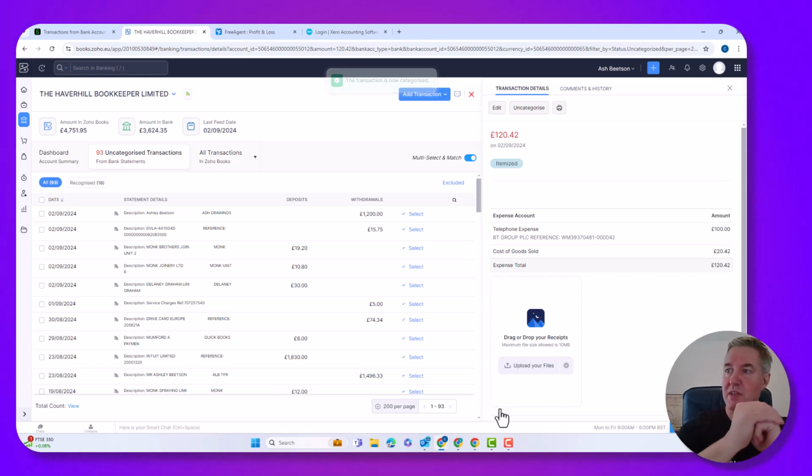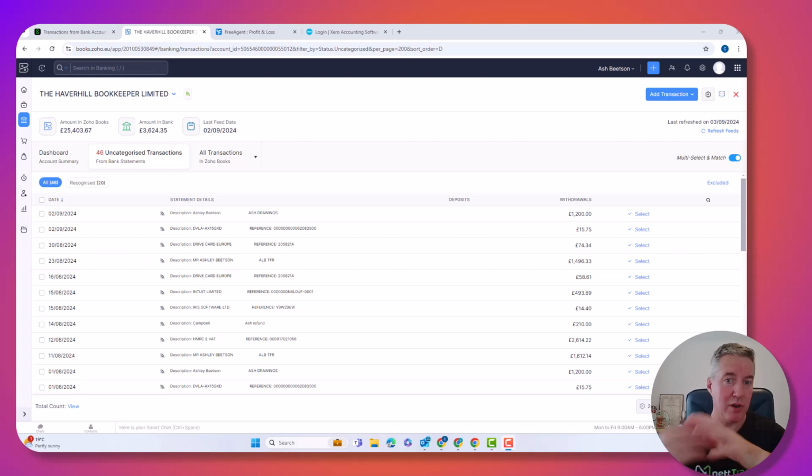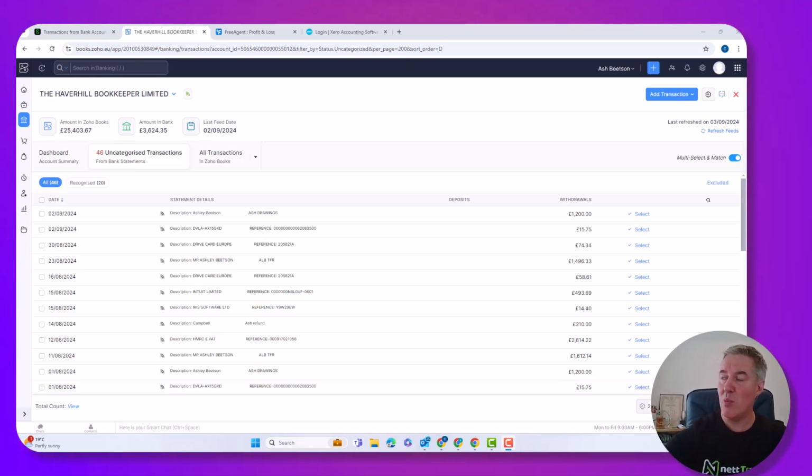So that's your split. Okay, so I want to take a look at using rules next. Earlier on, I created a little entry, and off the back of that, a pop-up appeared where I could create a rule, which I can edit at any time, and I can also manually create rules, which is what I'm about to do. Just before I do that, one thing that I noticed is there's this little toggle, multi-select and match. I really still haven't worked out exactly what this does or the true benefit of this yet. I'm not going to spend a lot of time on it, but when I do actually switch this off,